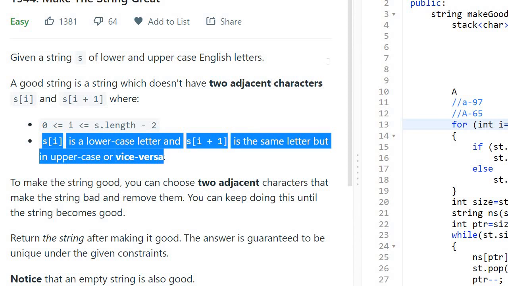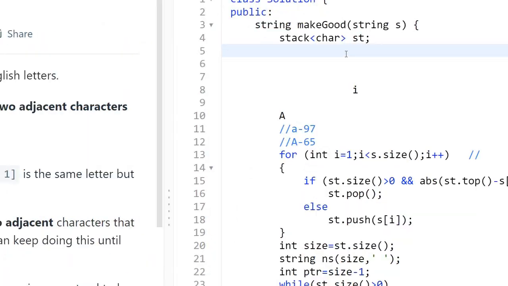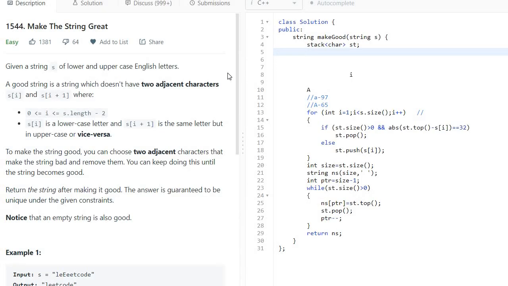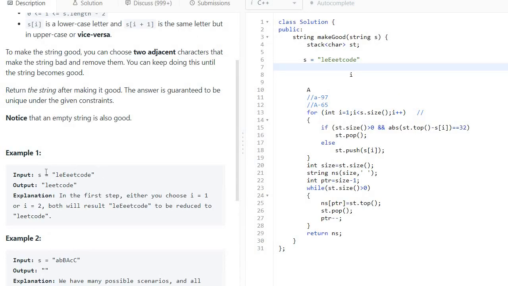और vice versa. तो ये क्या कह रहे हैं कि हमें ना एक स्ट्रिंग दे रखी है S और उसमें अगर कोई ऐसा इंडेक्स I प्रेजेंट है such that the character at the index I and the character at the index I plus 1 represent the same letter but they are of the different case, then we have to simply remove those characters. Before talking about an example,